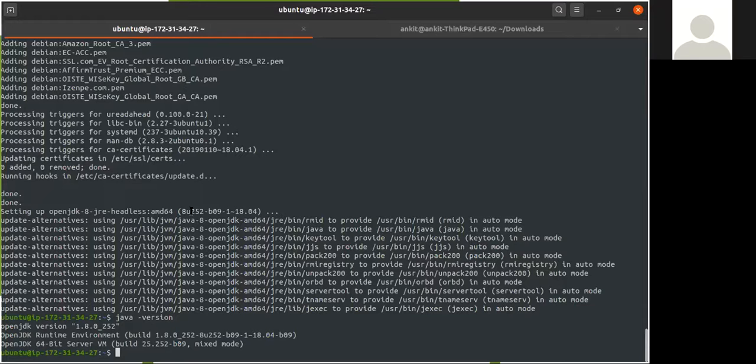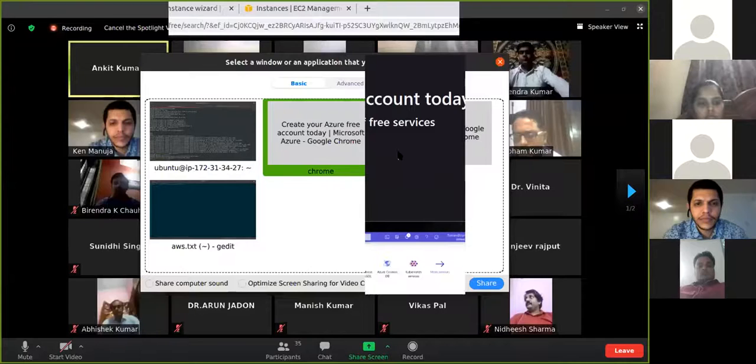And if you want to log out from the Amazon server, since we don't want to end up paying extra money for Amazon because we are not even using it to the full capacity, we just go here, come here, connect to actions. This is the state. We want to stop it. When you click stop, it will prompt you to verify whether you want to stop it or not. We'll just say yes, stop it. And this will stop the server. As you can see, it is stopping here. And now I will no longer be able to connect to that instance because I have stopped the server remotely.